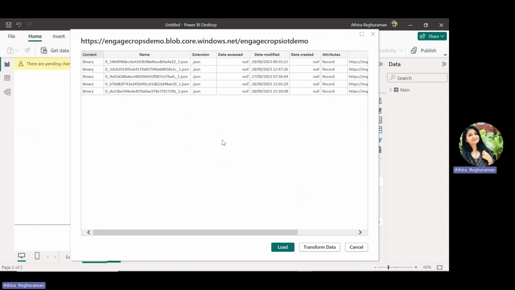Once you enter the URL details and credentials, you will get the data in our JSON format, but it will be in a compressed format. It won't show the entire record as it is. Here you can see it is not showing any IoT device details as of now, which is in a compressed format. So